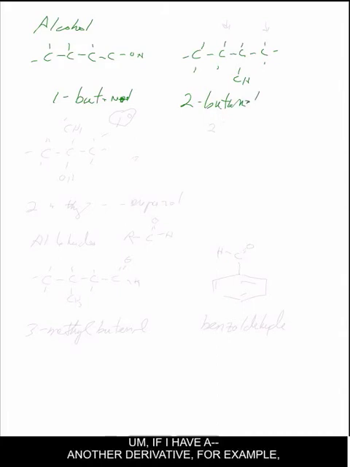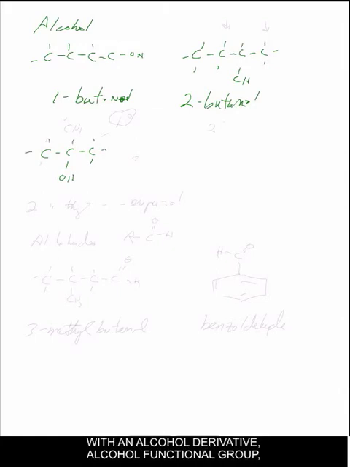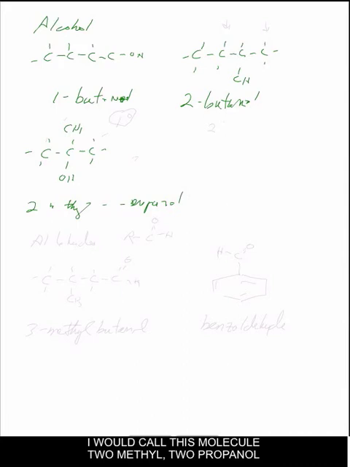If I have another derivative, for example, I could have a 3-carbon chain with an alcohol functional group, but then I say I had another side group, such as a methyl group, I would call this molecule 2-methyl-2-propanol, because I'm using the locator number 2 to indicate both the alcohol and the methyl group are on the